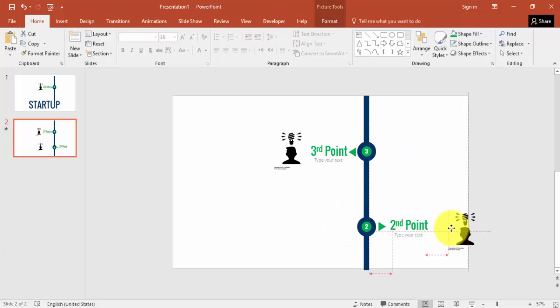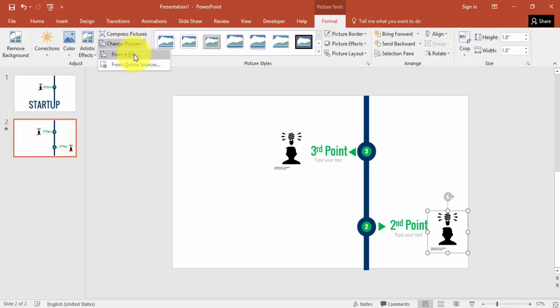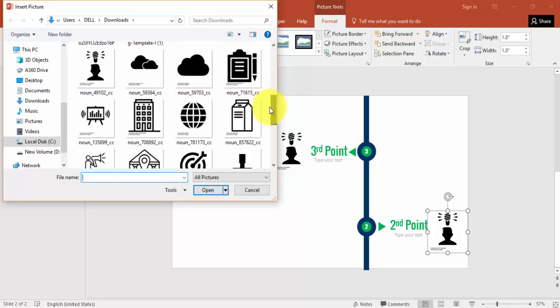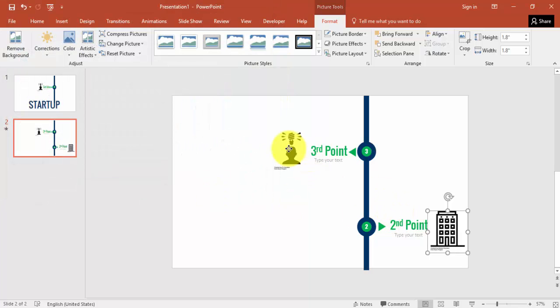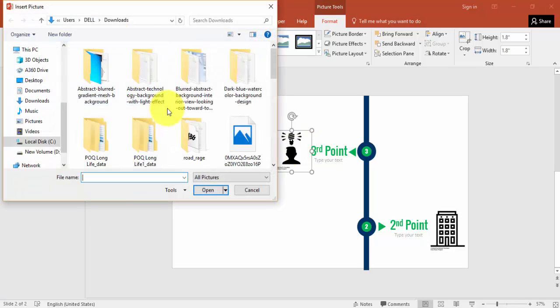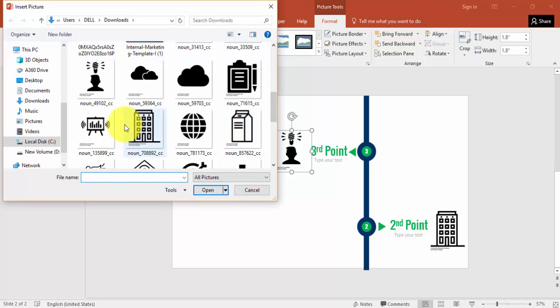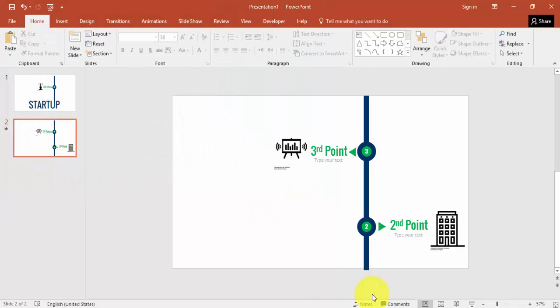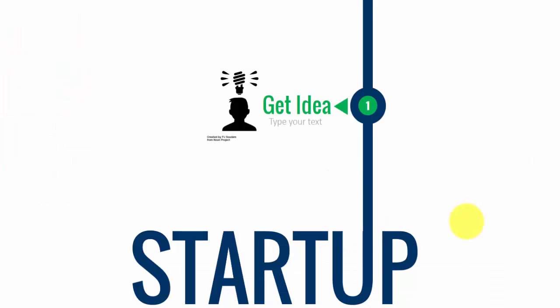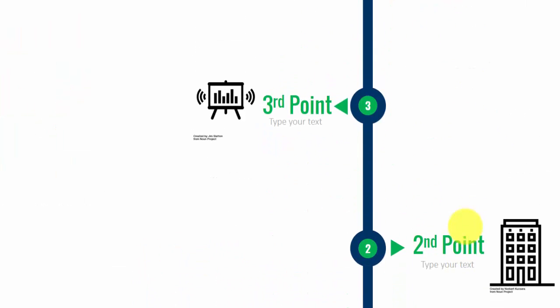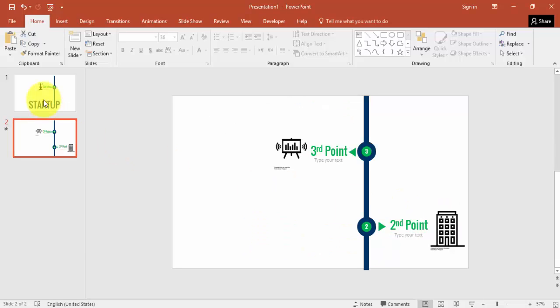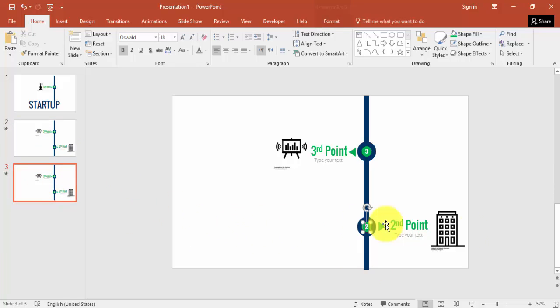You can just bring this one here, or if you want, you can change picture from file. I'm going to change the picture, some different picture I'm going to use. If you see here, my first point, second and third point. Again, I'm going to select the slide and press Ctrl D to duplicate it. So this will be your point number 4, and this will be your point number